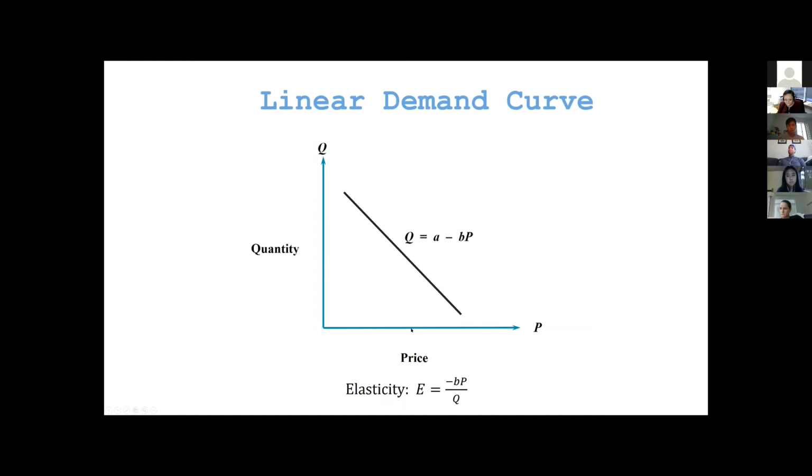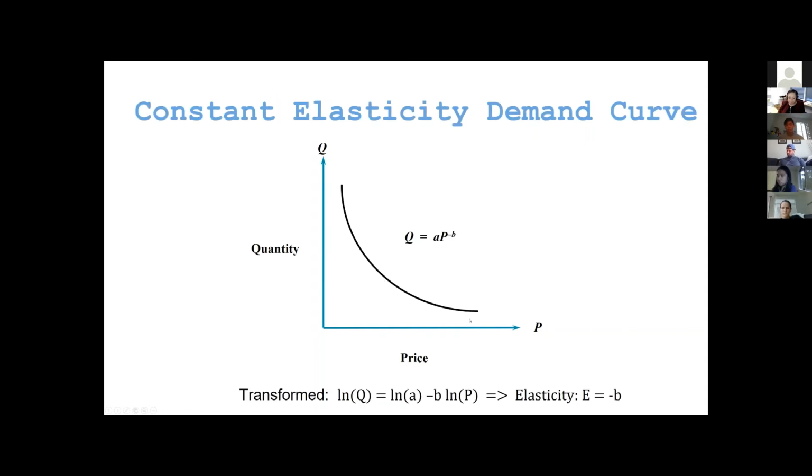Depending on where you are on the line, you're going to have a different P and a different Q. And so you're going to have different elasticities along this line. But in this particular curvilinear example, elasticity is constant, and elasticity is equal to negative B, which is up here. So what this implies is that for a 1% increase in price, there's going to be a B% decrease in quantity